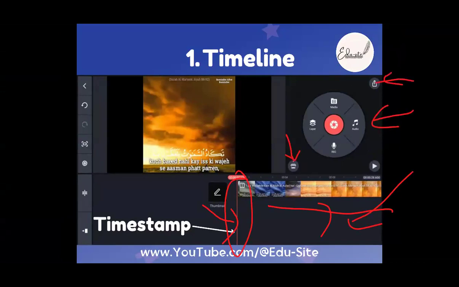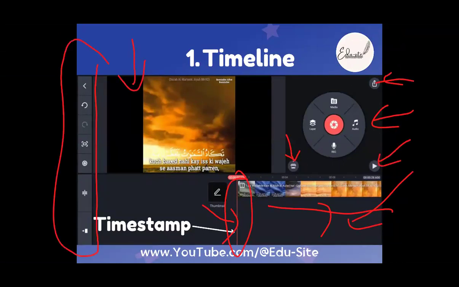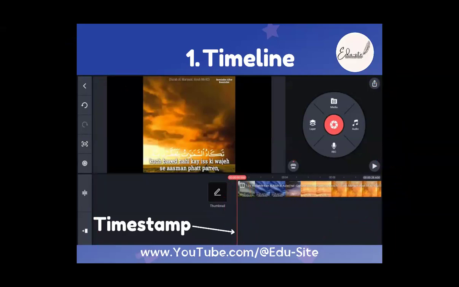export option, this is the asset store, this is a play button, this is a video window, this is the control bar that we have defined, right? So this is the control bar, and these are the 4 to 5 major things, and you all have to remember these things. Okay,